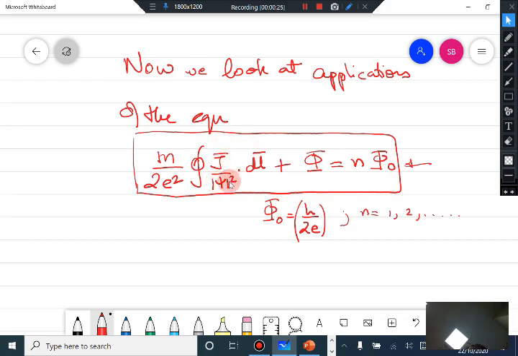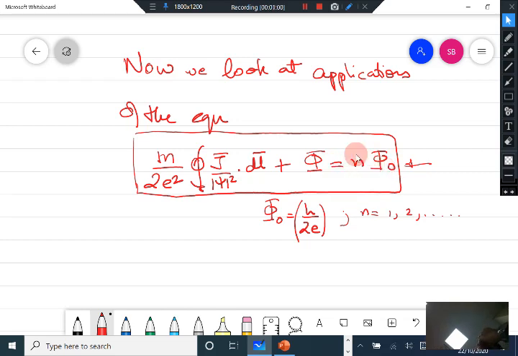Psi square is the square of the order parameter, the superconducting order parameter, which is integrated over some curve C inside the superconductor, and dl is the length element in that curve over which you are doing this integration. Phi is the magnetic flux associated with the region around which you are taking that curve.